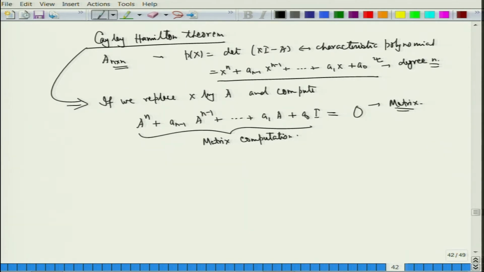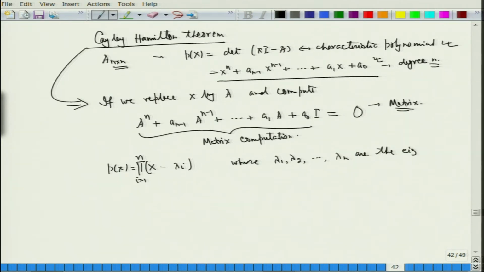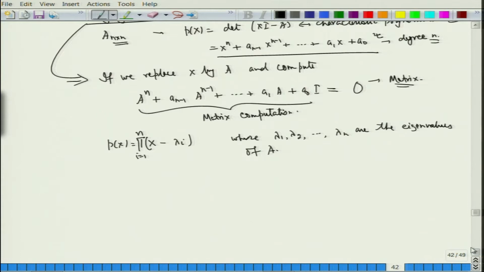What we know is that since it is a characteristic polynomial, the roots of this are the eigenvalues. So I can write P of x as the product of (x minus lambda_i), i equal to 1 to n, where lambda 1, lambda 2, up to lambda n are the eigenvalues of A. So what have we learnt? Schur's theorem says us,